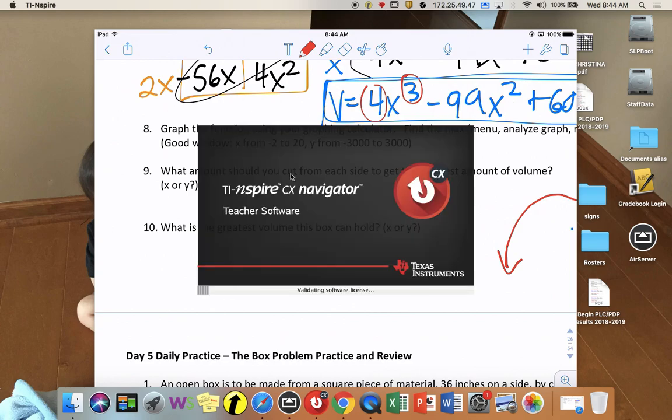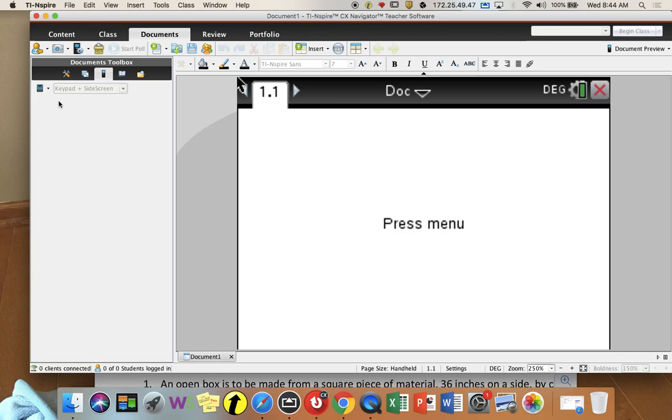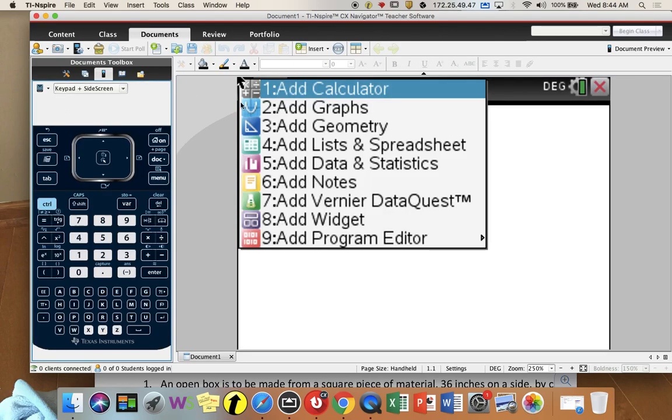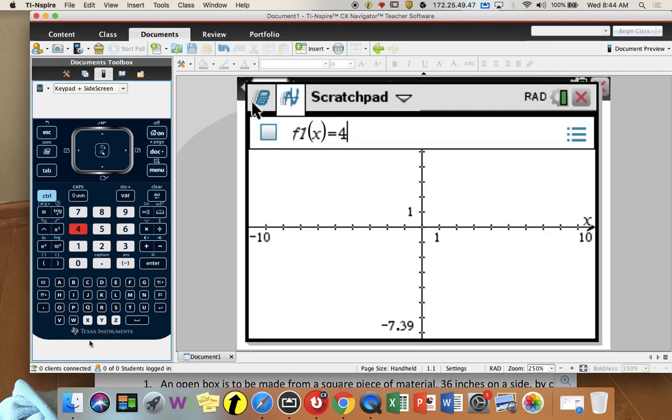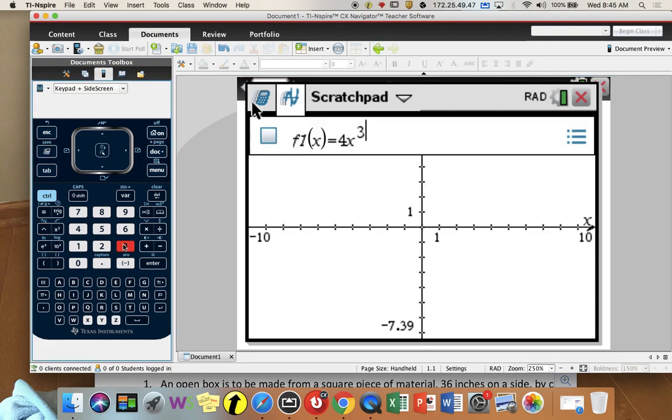We're going to change our window and figure out what this has to do with cutting out the squares and finding the volume of the box. So it takes a second for this to pop up. Okay, so we'll type in 4x cubed. Let me open a graph page, or you can use the calculator scratch pad. I'll just use the calculator scratch pad. Okay, so we have 4x to the power of 3, arrow over to get down, minus 99x squared